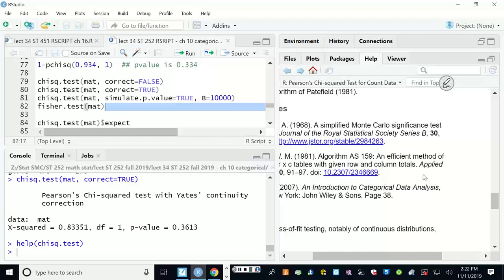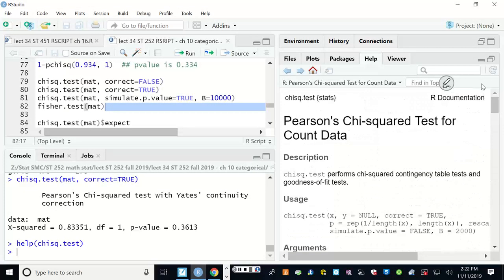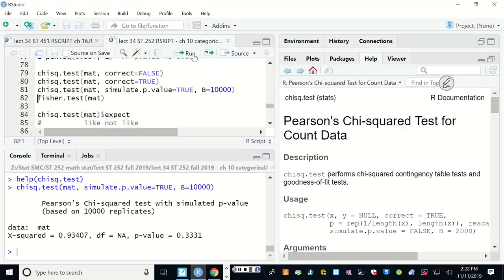There's a journal called Applied Statistics, so there's probably an algorithm in Fortran behind all this that does it quickly for large tables. Anyway, if you simulate it, it will simulate the p-value. You can tell it how many times to simulate. The default is 2,000, but you can make it 10,000 if you like. And if you run this,